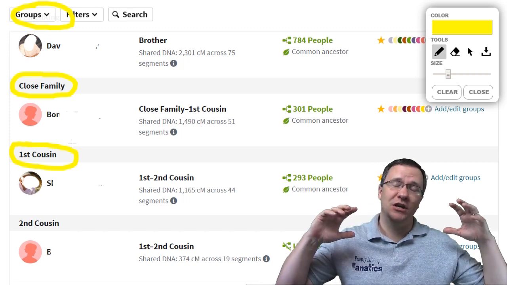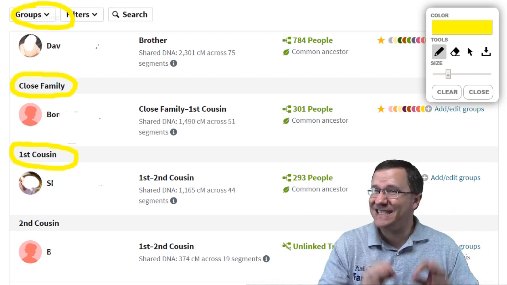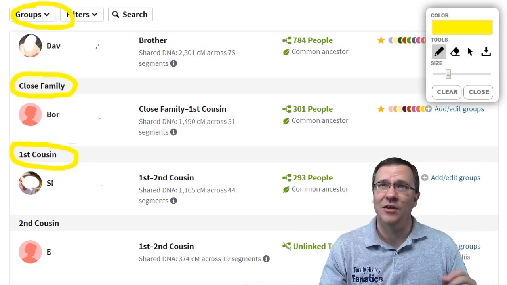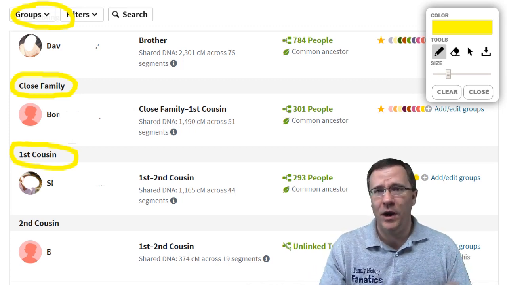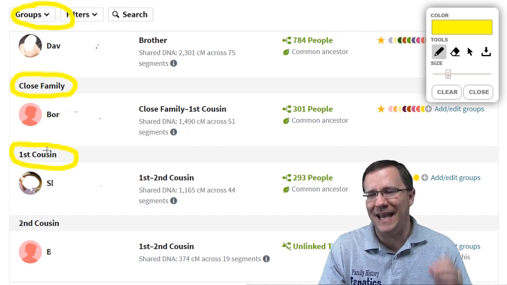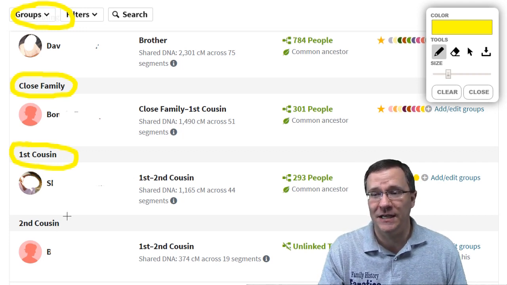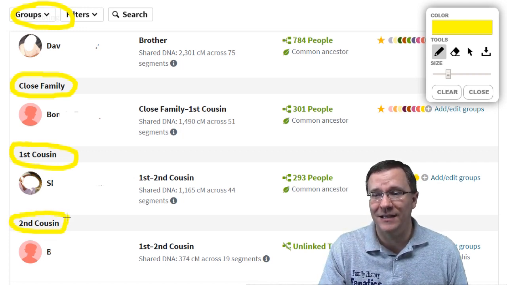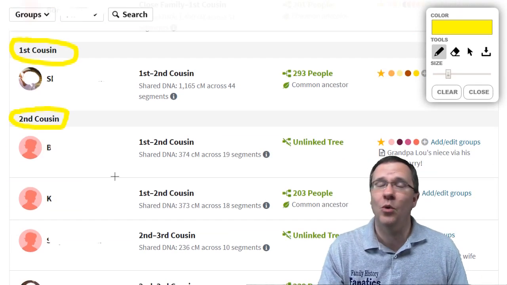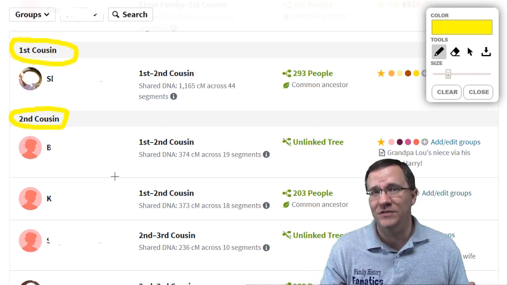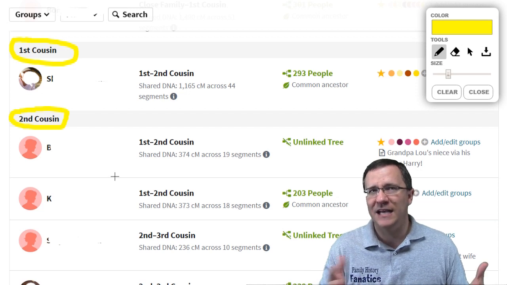Now, first cousins share a lot of DNA with you, so this could be a first cousin. This could actually be a second cousin in some cases. In other cases, it may be a half aunt or a half nephew. So just be aware that just because it says first cousin here doesn't mean it absolutely is. It just shares about the same amount of DNA as a first cousin. The next grouping is second cousins, and just like with first cousins, this could be people who really are second cousins, or it could be people who share similar amounts of DNA. So for instance, a first cousin 2 times removed shares the same amount of DNA as a second cousin would.